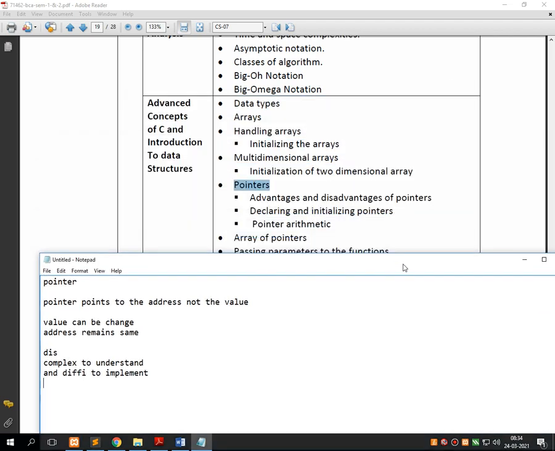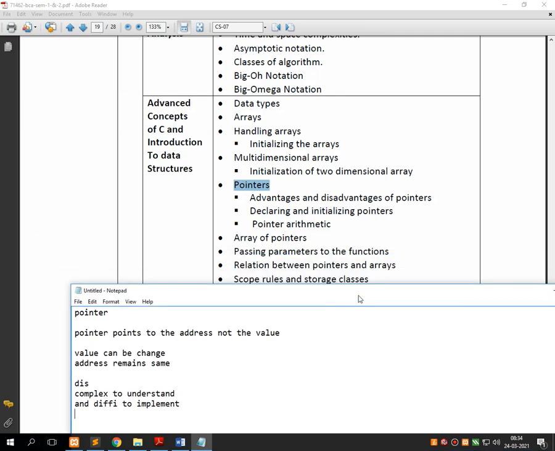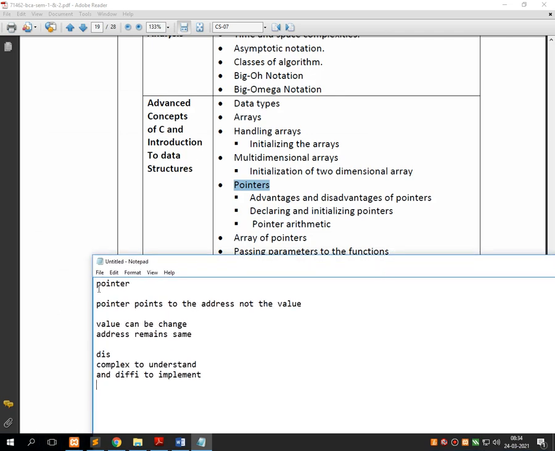Now pointer can be used in various other concepts also.